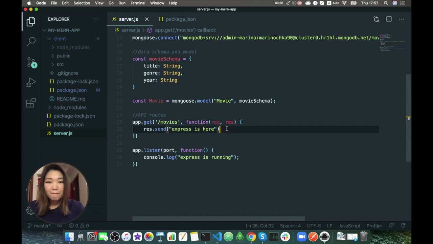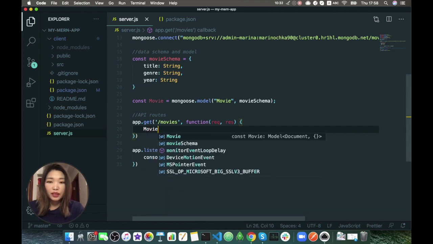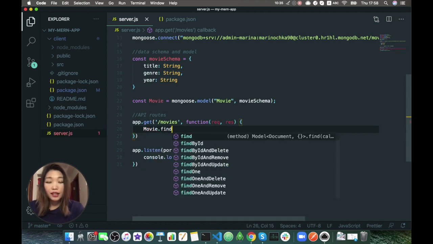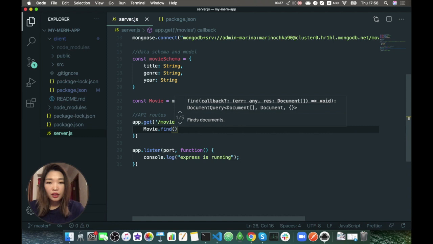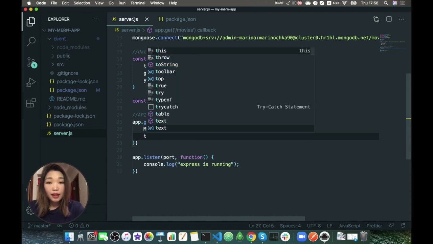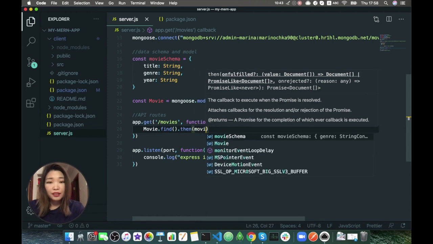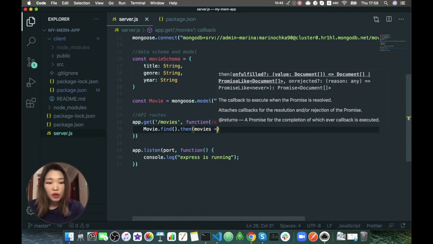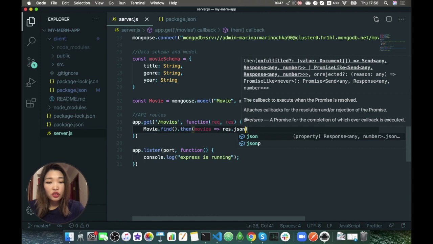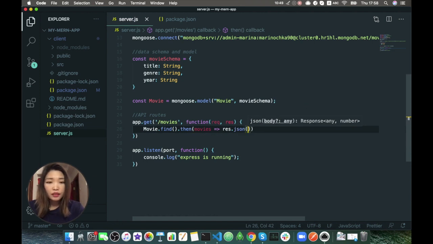Okay, and here we want to send all the movies, so we need to use our movie model and find all, and after we find all the movies, we have access to the movies that we just found. We want to send a JSON, a data with all these movies, and now we want to extract this data